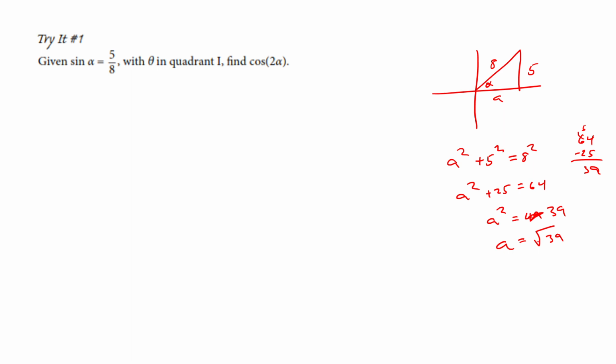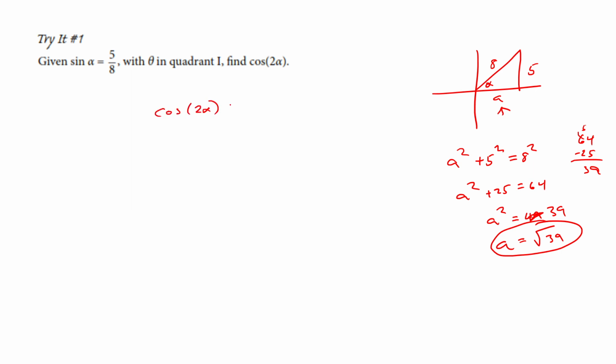Now a square root is a plus or a minus, but they told me I'm in quadrant 1, and a is the value of x. So it's positive square root of 39. Okay, so they actually didn't ask for all of them here. So cosine